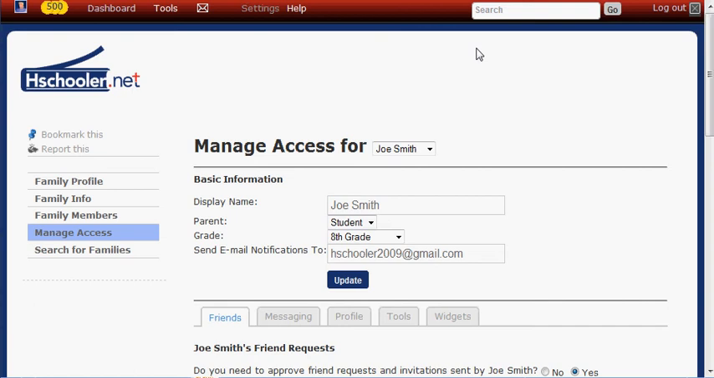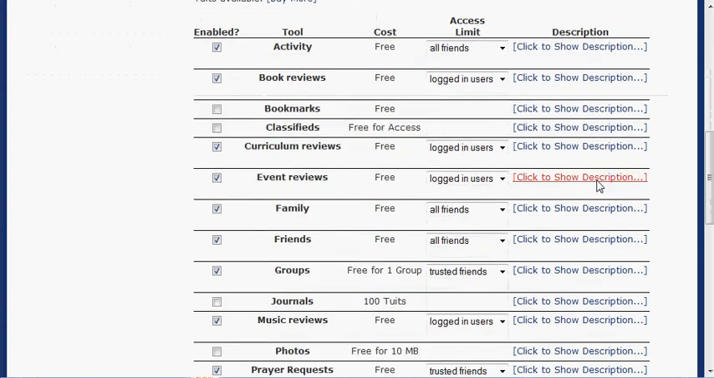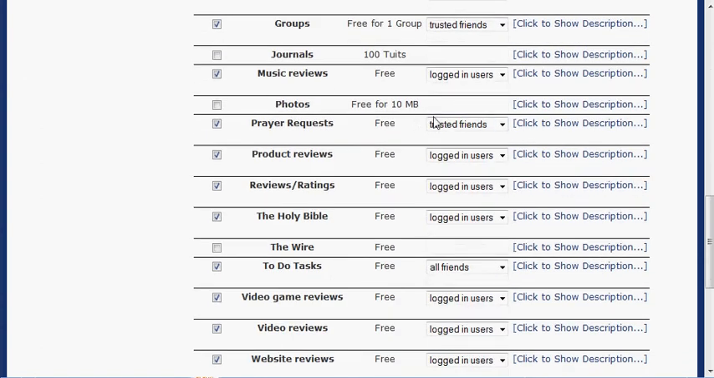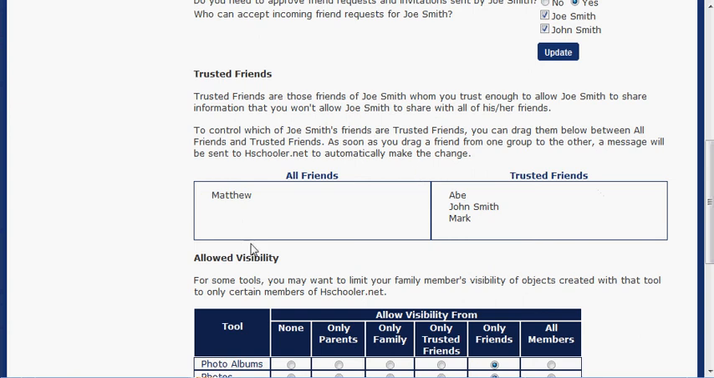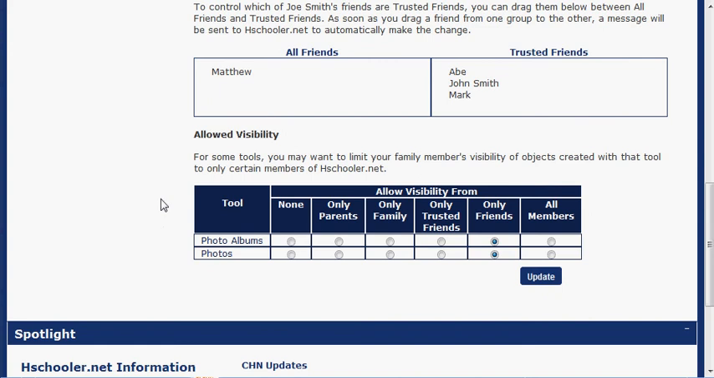But getting back to managing the access, my son Joe, I don't think that he's really ready to be uploading photos to hschooler.net. If he wants photos uploaded, he can ask me to do it. So I'm not going to add it. I'm going to leave his tools setting where the Photos tool is not enabled for him. However, I'm also concerned about whose photos he's looking at. And specifically, he's got 4 friends in hschooler. 3 of them I know really well. Matthew is a new friend, someone he met on hschooler, and I don't know yet how much I trust Matthew. So for now, I'm going to limit Joe's access so that he can only see photos that his trusted friends